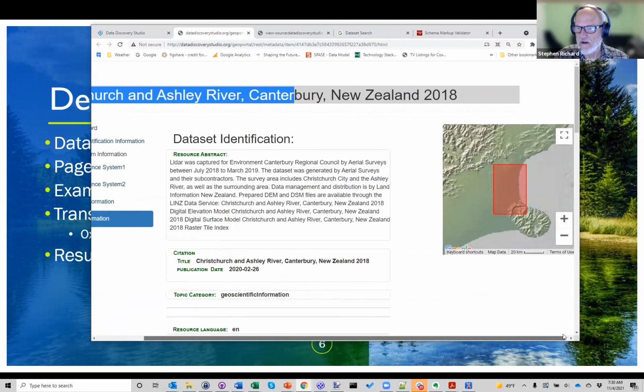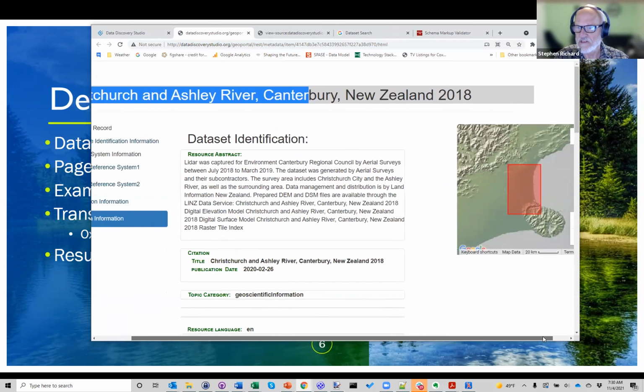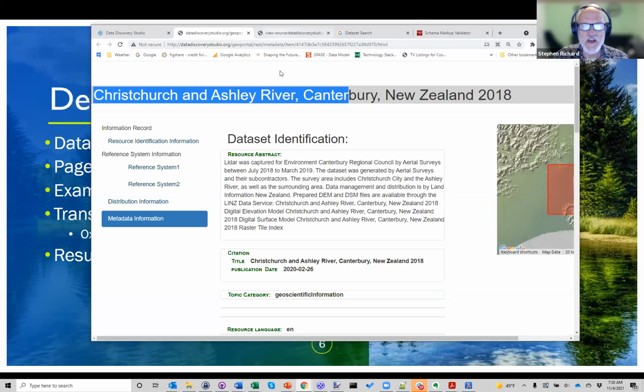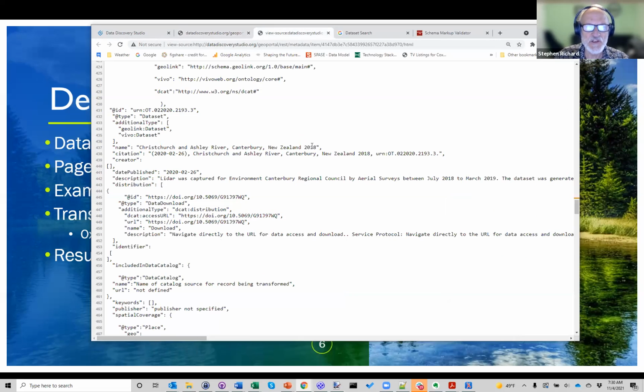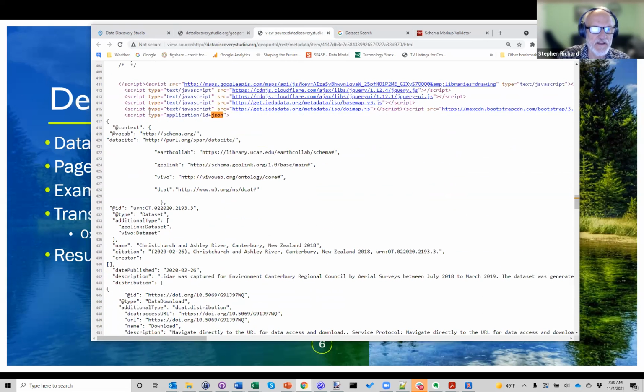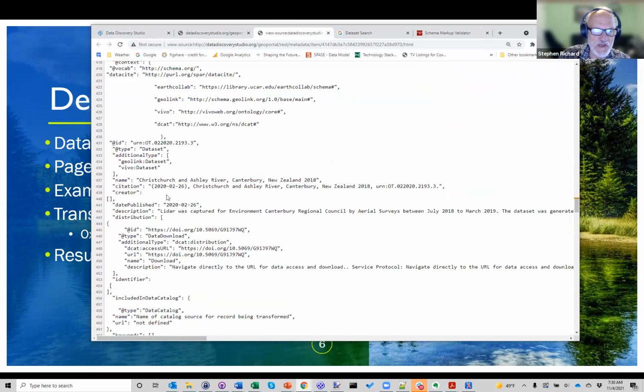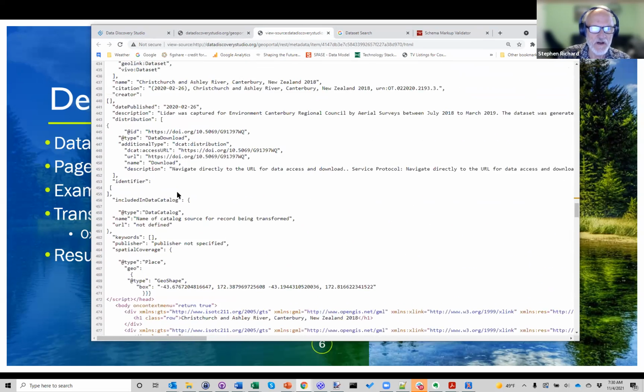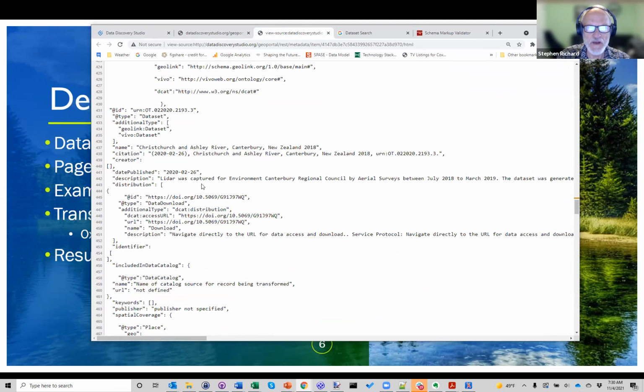It shows you the bounding box for where the dataset content is located. If you look at the source for this page, what you see is that embedded in the header here, there's a script, which is of type application/ld+json. And this is where the schema.org description of the data set is embedded. And then we have the sitemap set up for the Google